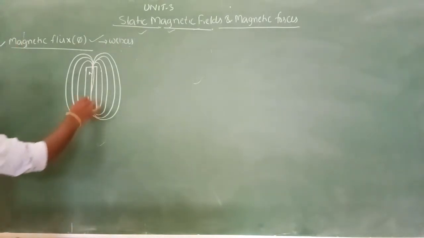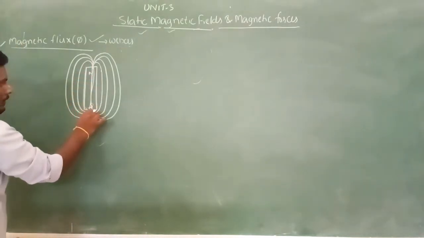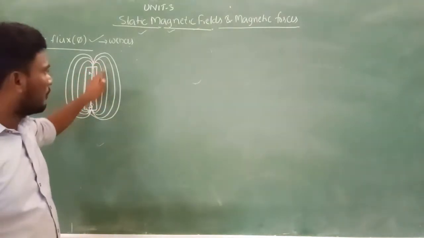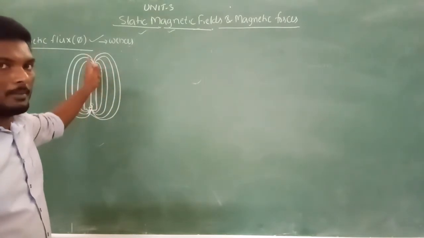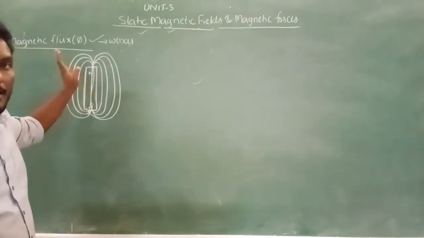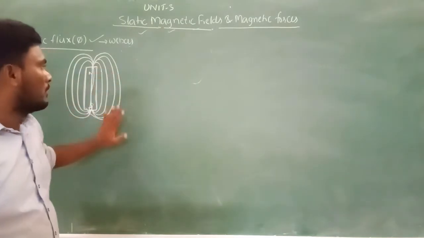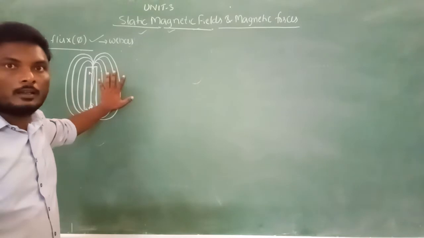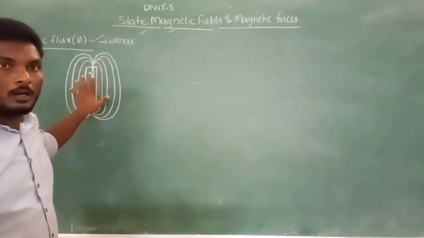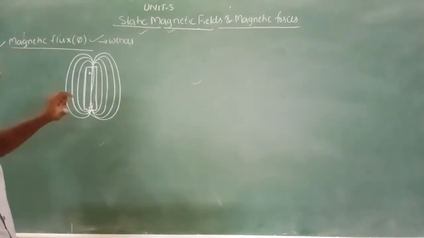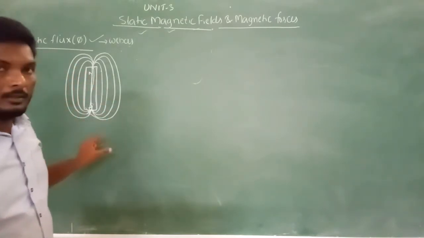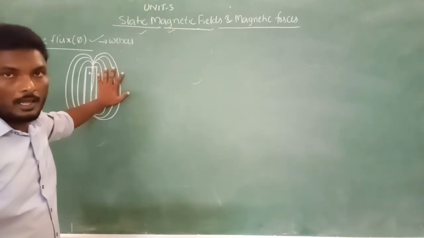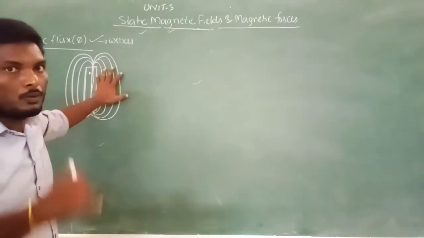Okay, so whenever you are considering the magnet, immediately what will happen? The lines of forces, these are imaginary lines. The lines of forces exist around this magnet like this. So there is an influence, an effect around this magnet. So how can you determine this effect here? You can't see it, because these magnetic field lines are imaginary lines, so it is not possible to see.